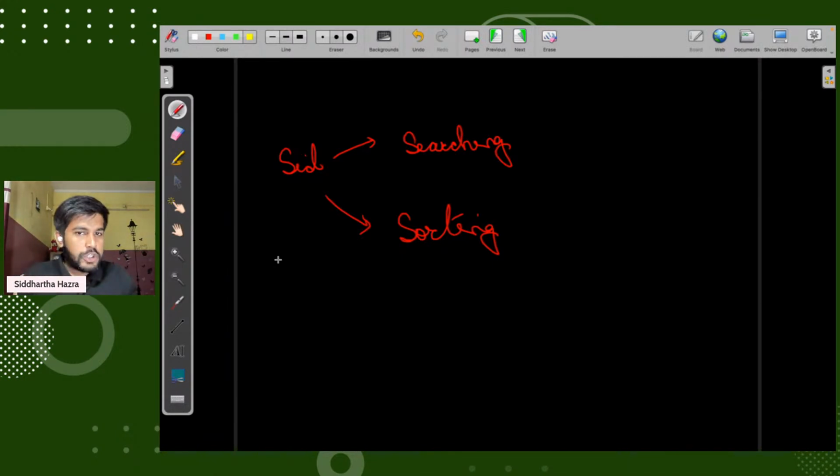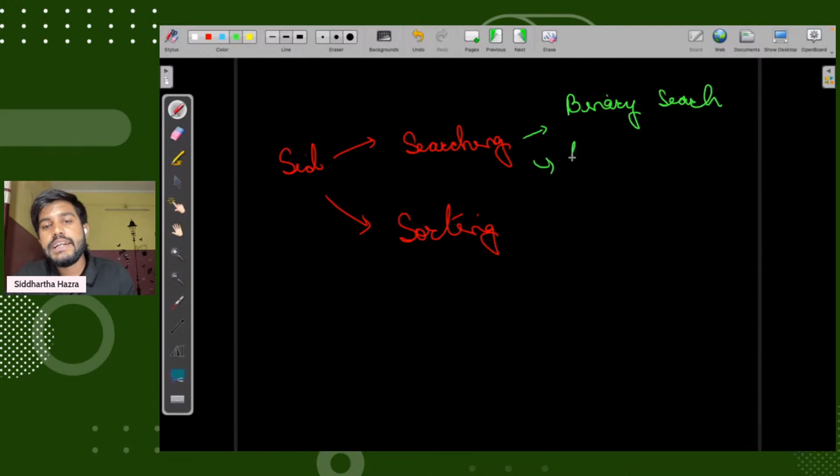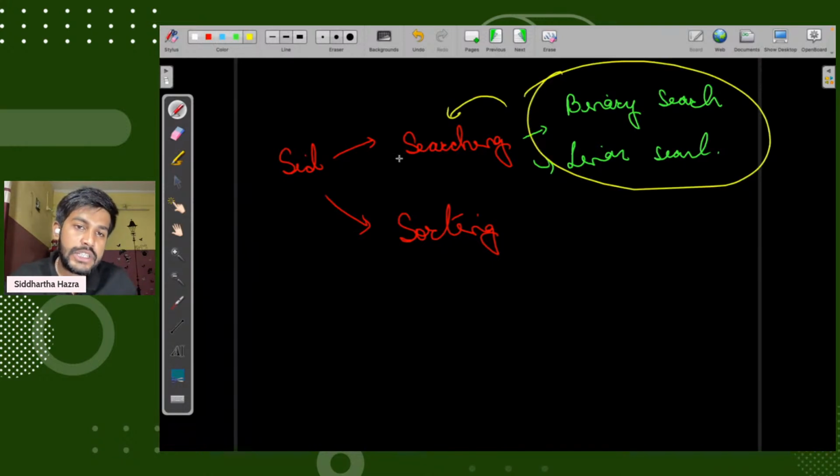I go to the searching part, and there I need to complete binary search and also linear search. So what would we do? We would first complete binary search and linear search, then come back to searching, and then move to sorting.